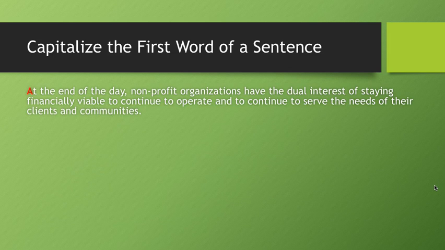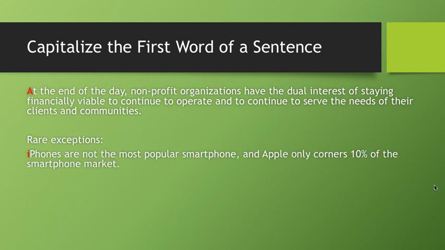And this one most people are familiar with. Capitalize the first word of a sentence, obviously, right? But there are some rare exceptions. So remember that tricky iPhone. If you're using the word iPhone at the beginning of a sentence, you would in fact leave the I lowercase and the P capitalized. Unfortunately, this is becoming more and more common, so it's going to be more and more visible in writing as people continue to try to stand out with their products and their businesses.